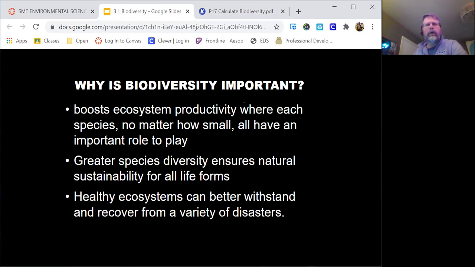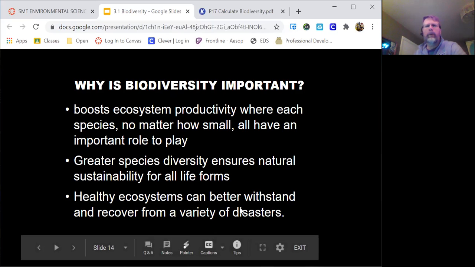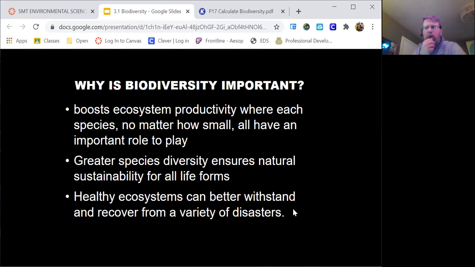So why is biodiversity important? Biodiversity boosts ecosystem productivity, where each species, no matter how small, has an important role to play. The greater the species diversity, the more it ensures natural sustainability for all life forms. And a healthy ecosystem can better withstand and recover from a variety of disasters. One we'll be talking about in a few weeks, and is very relevant to this part of the world,